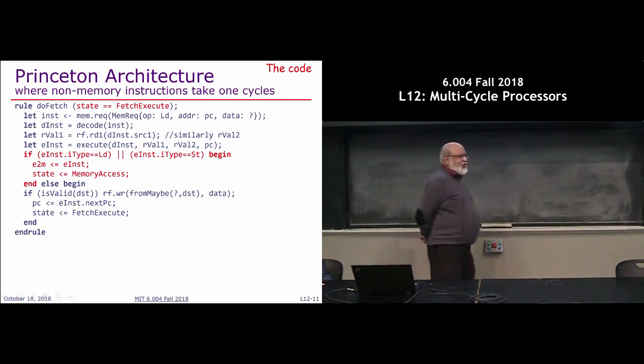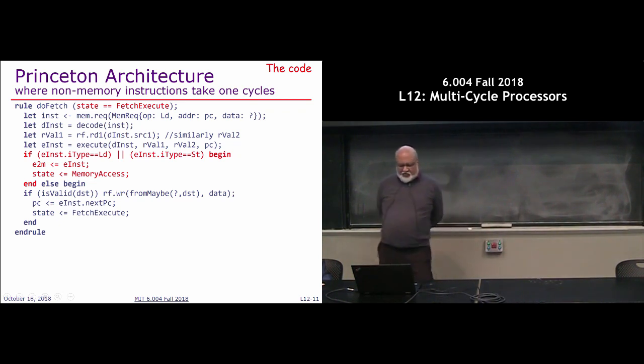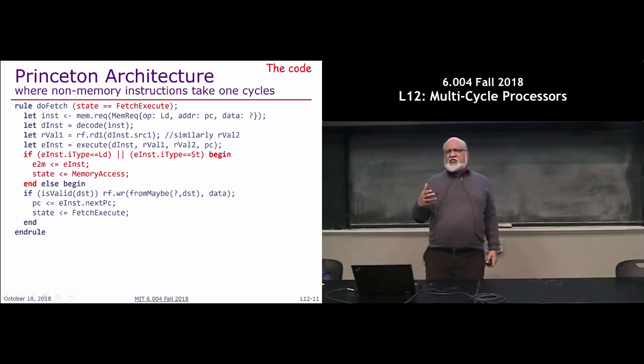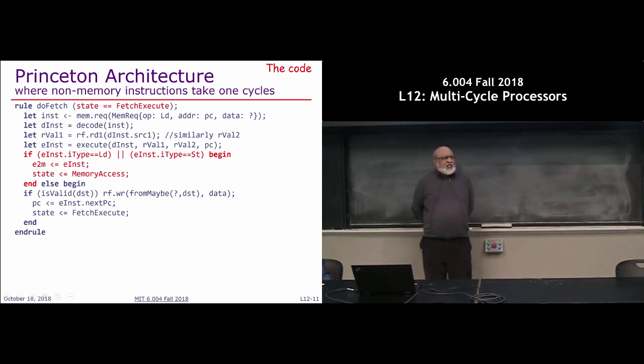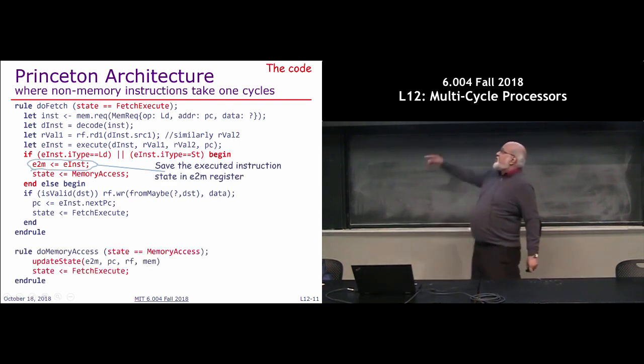Suppose it is a load store instruction. If it's a load type or a store type, then what do you do? Then you put the executed instruction, the data you had computed, in this register temporarily, right? And you change the state to memory access, because now we need another rule where we'll do the memory access. So this instruction is not done yet, and you will go here in the next rule shown at the bottom,